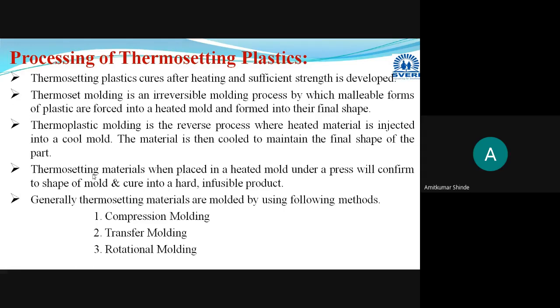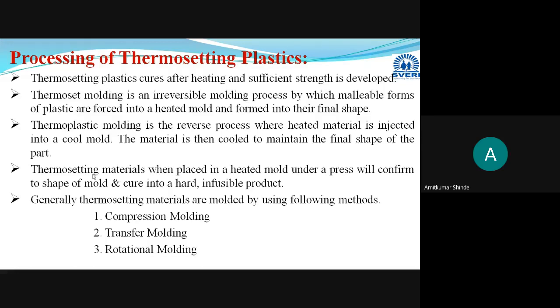You can perform the reshaping, remolding, or simply the shaping or molding activity only once. Once it is heated, it softens and hardens, and after that you cannot perform any process on that material.